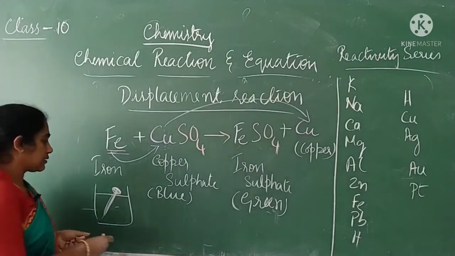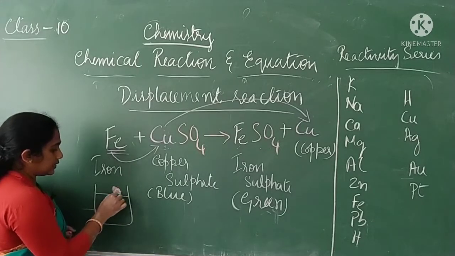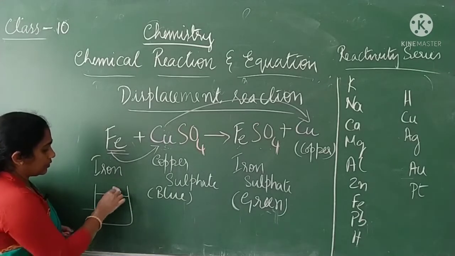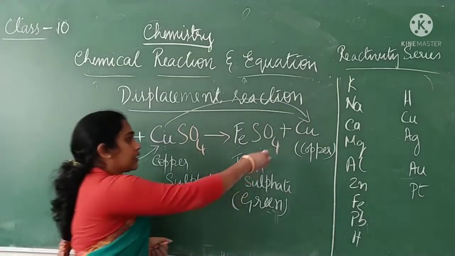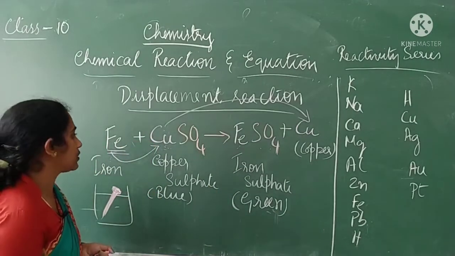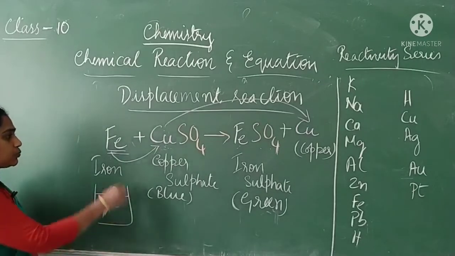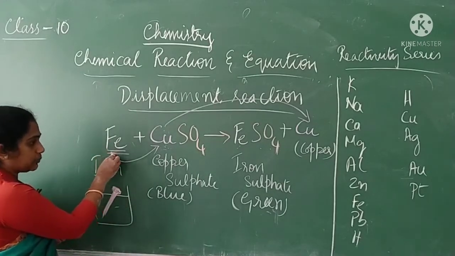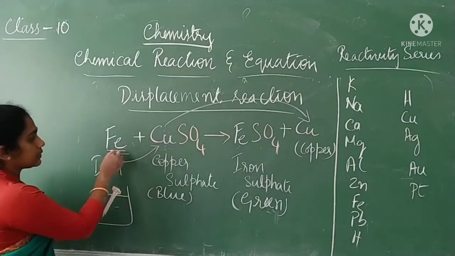So you mistake it and you write it as it will get rusted. It's not actually getting rusted. It is the deposition of copper covering the iron nail. So the iron nail will be completely covered with the reddish brown color substance called copper, and this is called a displacement reaction. Is it clear? So displacement means it's a reaction in which one metal, that is a highly reactive metal, can displace a least reactive metal from its salt solution.